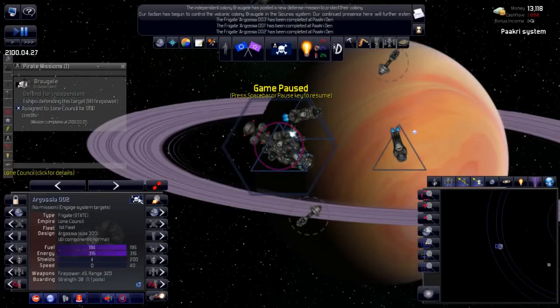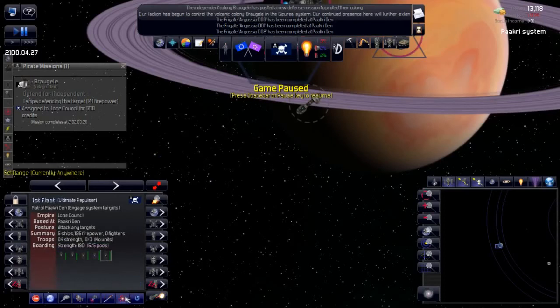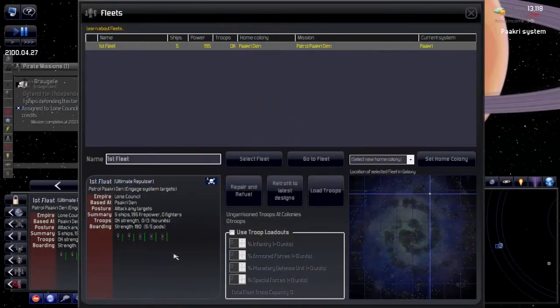Yeah, I'm not sure how to make it the... I want one of the frigates to be the actual lead ship, but I can't remember how to do it. Okay, it's got system stance, that's fine. Yeah, I can't do anything there. Set range, automate, set posture, set home base, load troops. I'm really not sure. We can go to the fleet screen, although this is the... No, this is the fleet screen. There we are. This should make it...